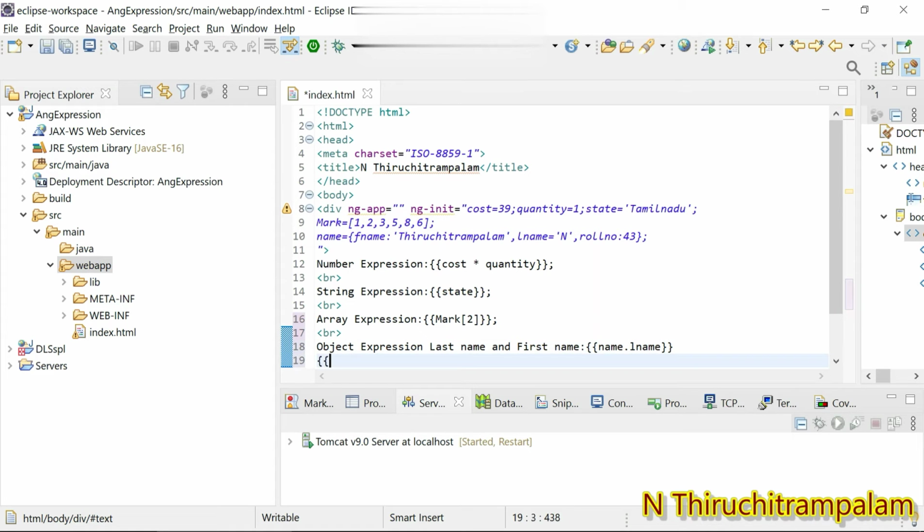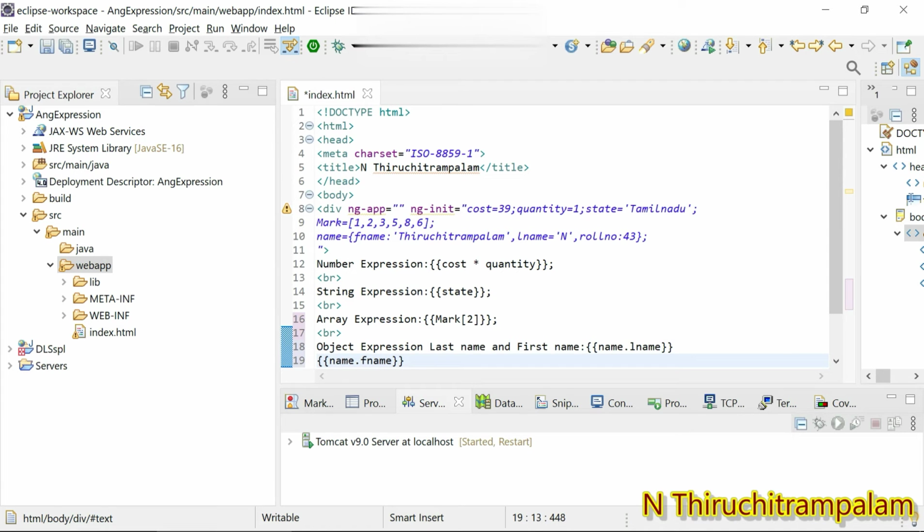Then I would like to print the first name, so again I key in the curly braces and give name dot F name, that is property name dot key value.